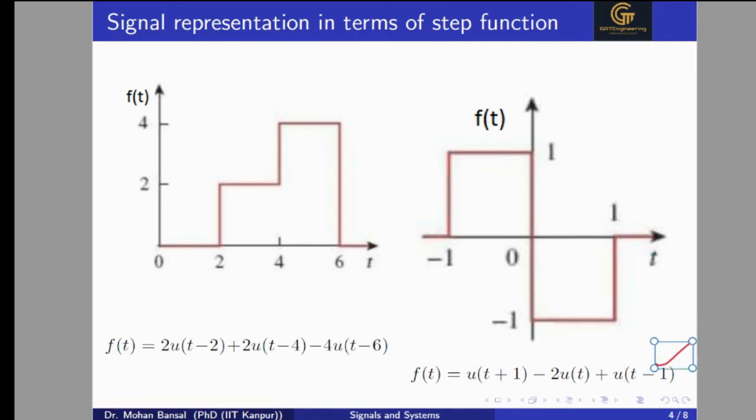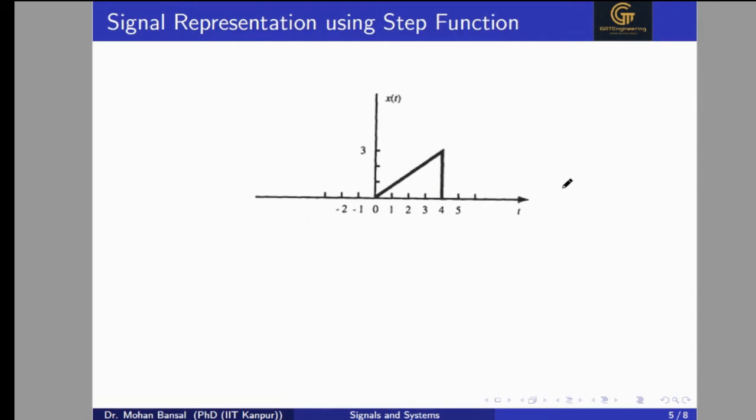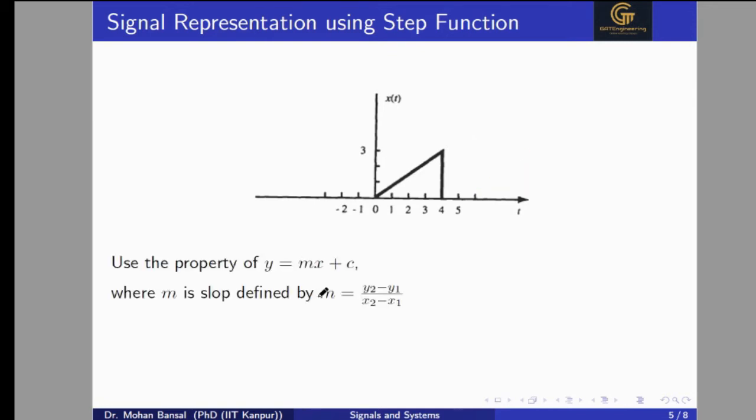Now come to another problem. We have to represent this signal by step function. So how can we represent it? This signal does not look like a step signal. It looks like some ramp and slope. But we can still represent this signal by step signals. So first we will have to consider this is a line. Consider this line is going till infinity. So we can represent this equation as y equal to mx plus c, where m is